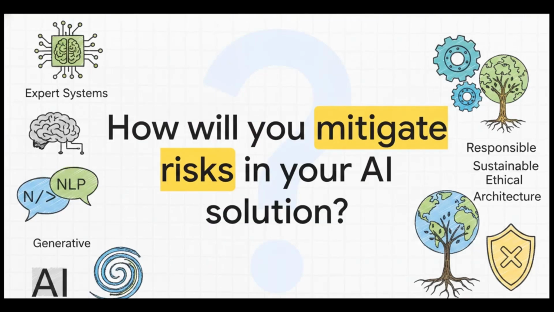We're going to wrap up today with a vital question you must ask yourself every single time you start a new project. When designing your AI solution, how will you identify and mitigate the risks and impacts on society and the environment? Remember, having an incredible toolkit of natural language processing, robotics, and generative AI is really only half the job. True AI architecture requires wielding these powerful tools responsibly and constantly weighing the long-term impact of what you build.